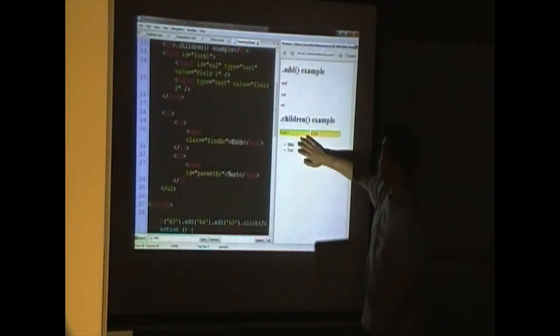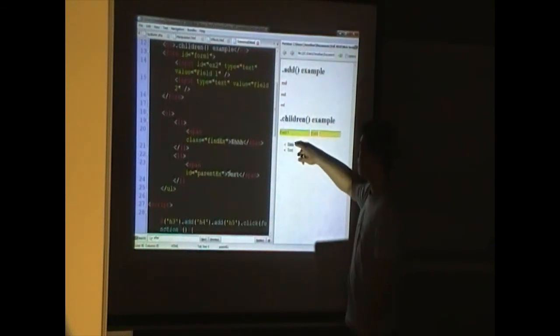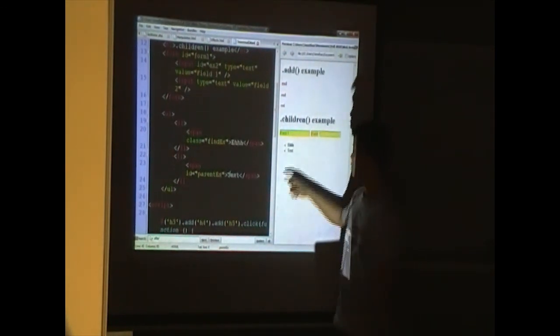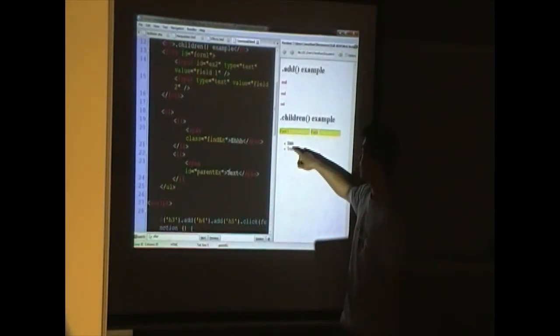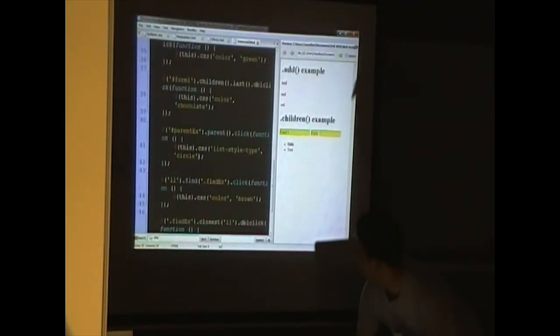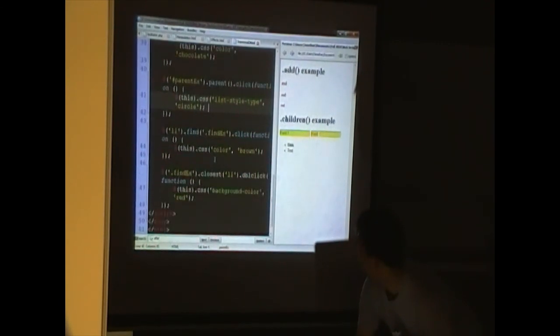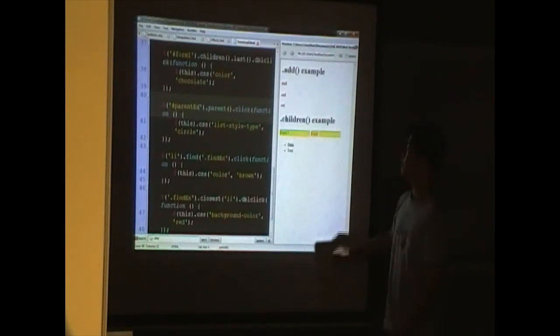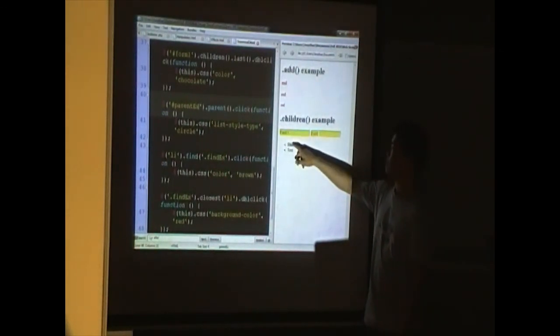Okay, so right here we have an unordered list with list elements here and here, and each of the list elements have a span. So this guy is called parent X, and this guy is called find X. Okay, so what this guy does is it selects the parent